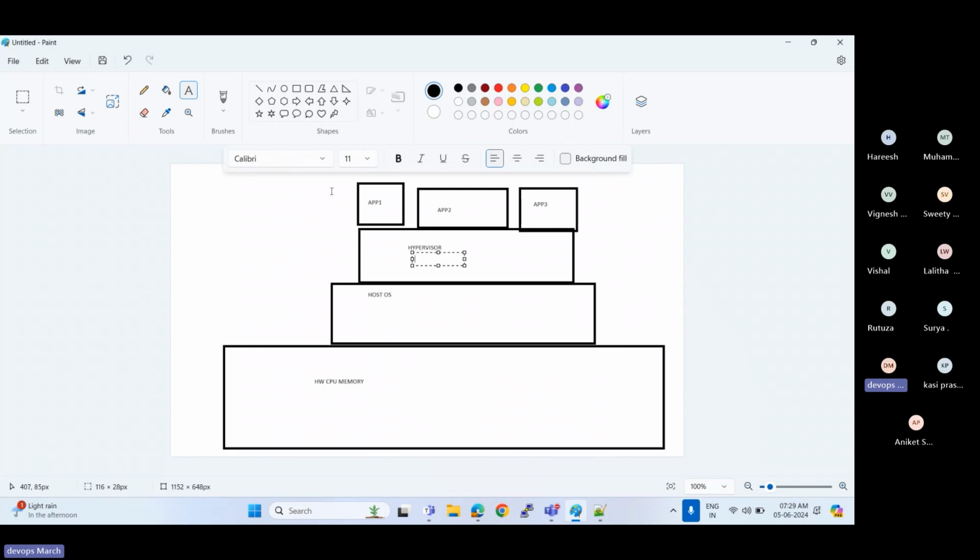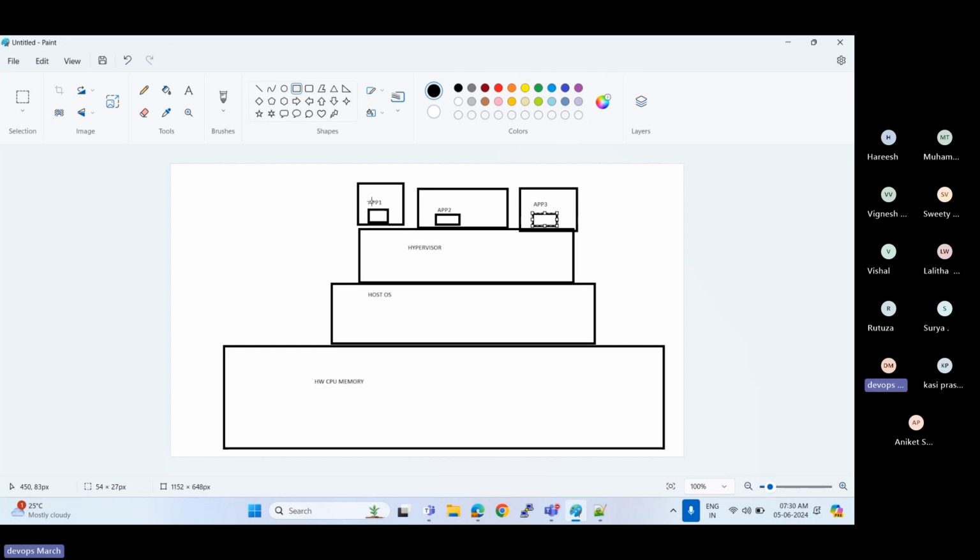The guest OS will be used by the application. Whenever we are creating the Docker image, we use one base OS to build the Docker image. The Docker image will use the guest OS, whatever OS we are bundling with the Dockerfile.